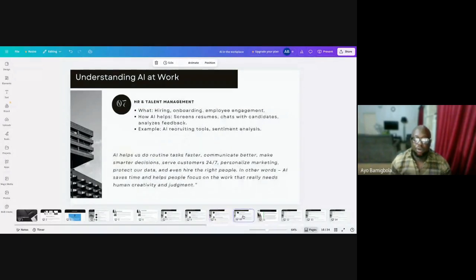So then the next one is HR and talent management, and it is another area where you can apply AI, in HR and in talent management. I talked about how you can use it for onboarding new people or new staff and all that, and it can be used in hiring